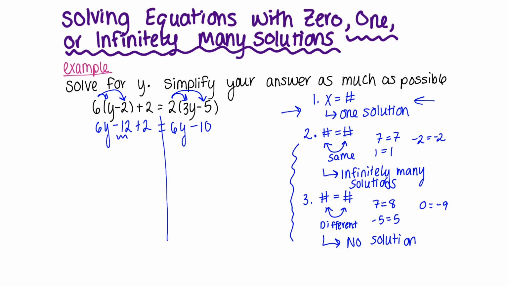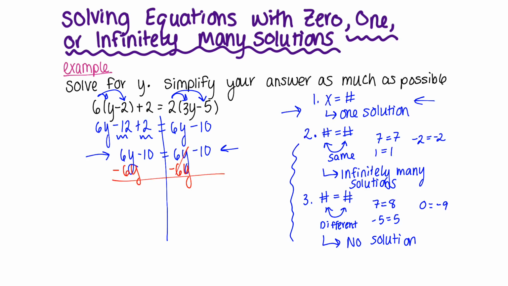On my left-hand side, I have some like terms I can combine, -12 and plus 2. So I will leave the 6y alone. -12 plus 2 is -10, equals 6y minus 10. Now, if you do these enough times, you'll start to notice this step here as being important, but let's go forward a little bit. All right, I'm going to move the y's over, so I do minus 6y on both sides,